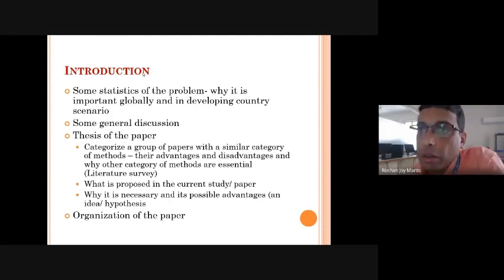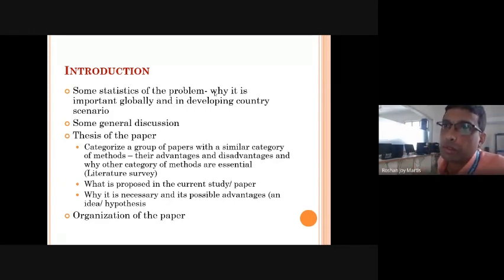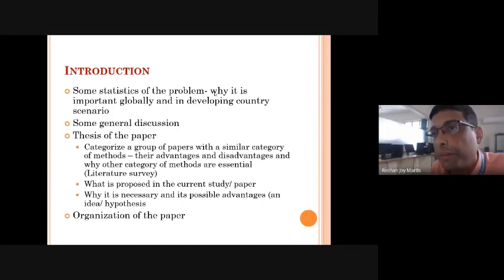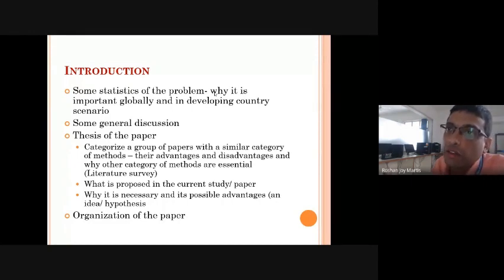Now the next section is the introduction. So you are introducing the research problem. You have to show the importance of the problem which you are solving. You have to give some statistics of the problem. For example, you are developing software for detecting heart disease. Is it important? How is it important? Because there are so many casualties taking place in the city, in the country, or in the world. So you can mention some statistics, and with that you can prove why that problem is important globally as well as in our country.